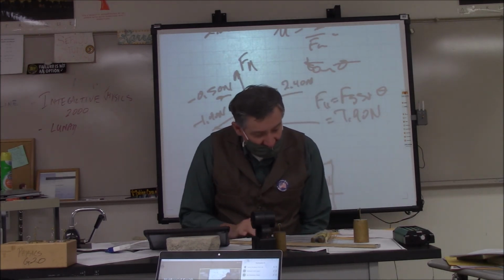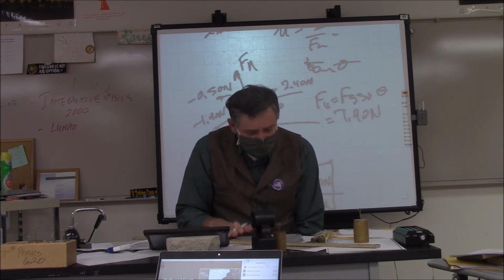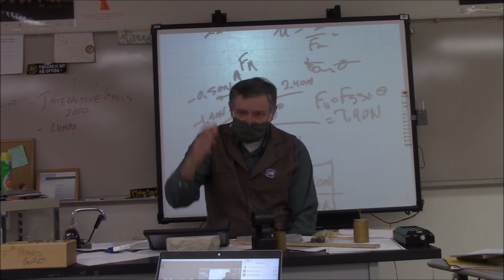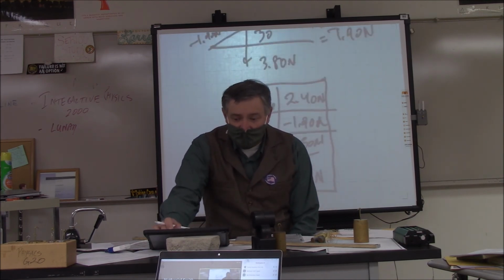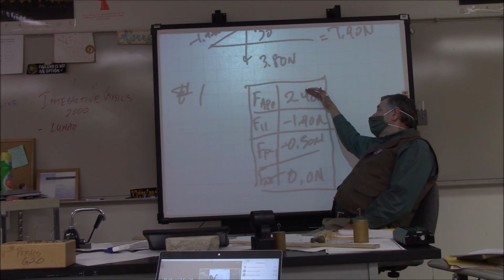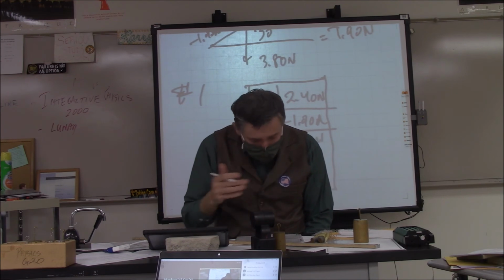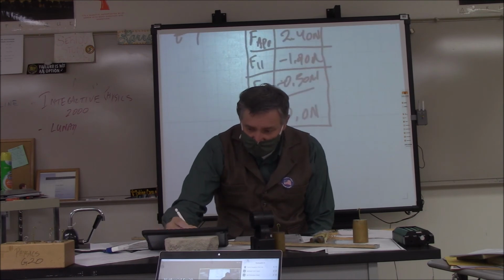Now, when you get to the first problem down below, what are the 2 most important words on that first problem? Force applied? Nope. Constant velocity. You're going to make everything add up equal to 0. So on problem number 1, start with this chart. In this situation, you know the mass, so you can always find that force parallel. Then, because you know the coefficient of friction, you know that mu times force normal equals force friction. So that's mu times Fg cosine theta,